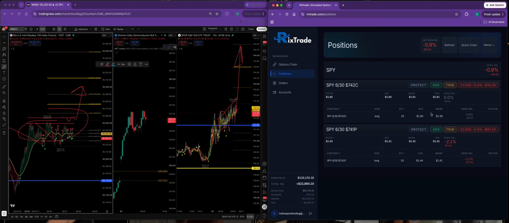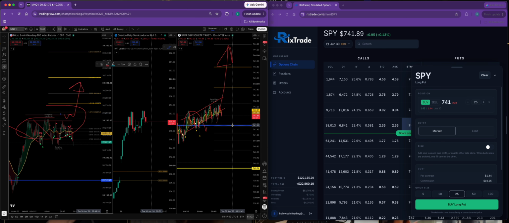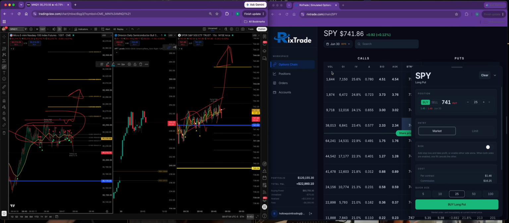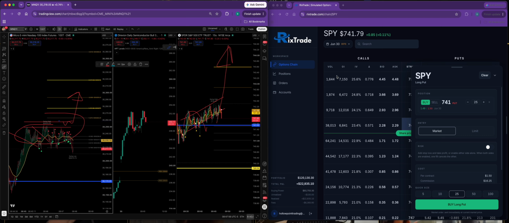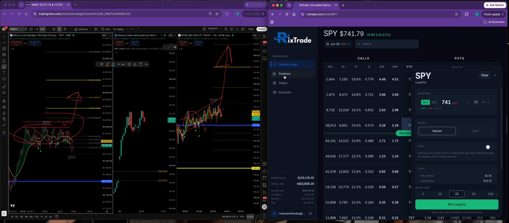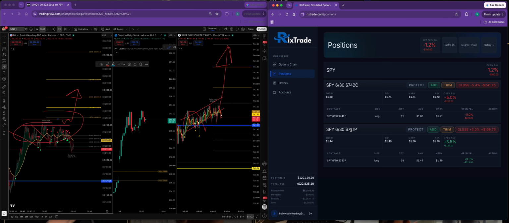The delta acts differently. The delta is this on the contract. So you have delta, you have IV, you have your bid ask, and then you have your volume here. Volume, I don't really care too much about. I just care more about open interest sometimes. Volume to me is just people exiting and entering contracts, no different for me. But right here,